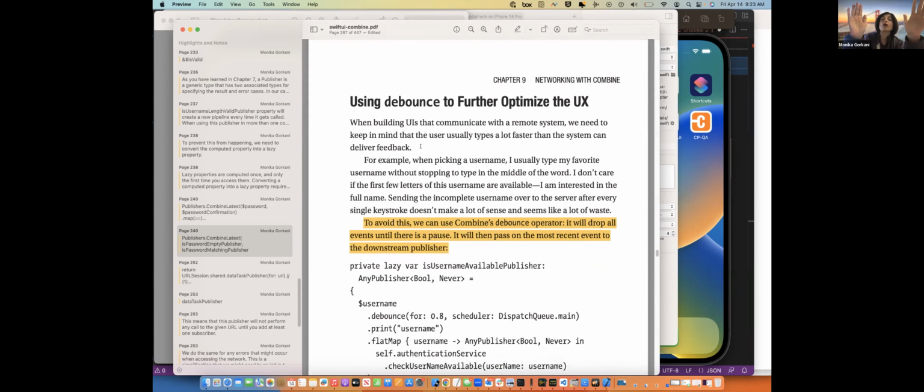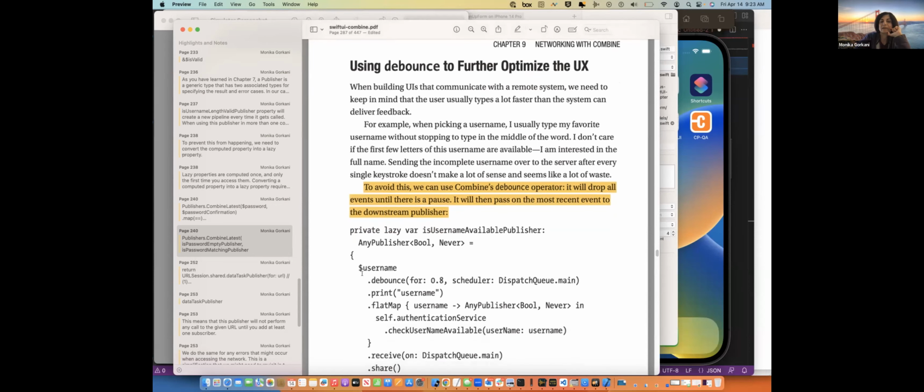And you can specify how long that pause is, and then go and hit the server. And that's really, really important, because otherwise you're just going to, again, cause a lot of bottleneck for network calls. So it's a very nice sort of functionality that publishers have in Combine,